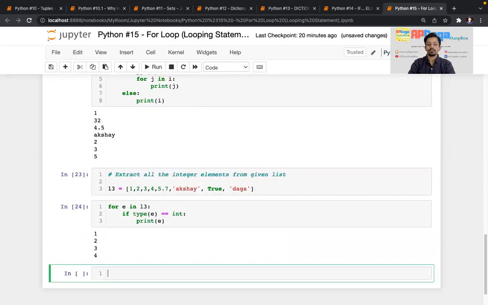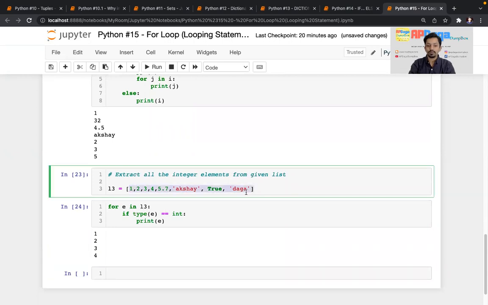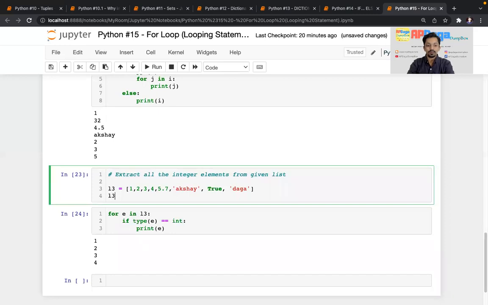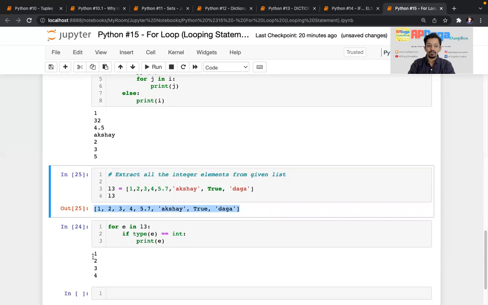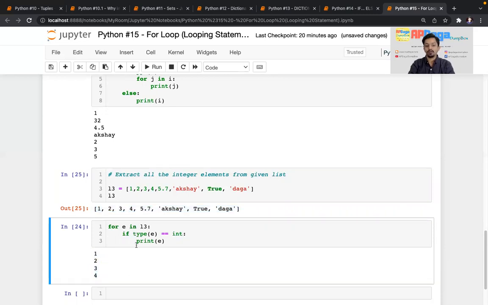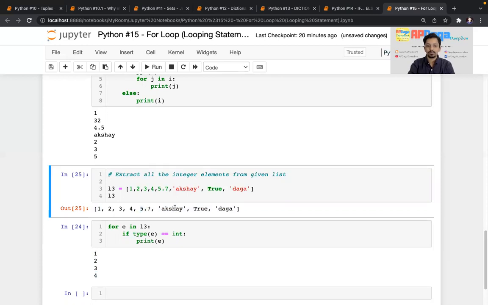So if I do this, you can see out of all these elements, I'll just print it here, L3, right? Out of all these elements, we extracted all the integer values. 5.7 is a float, this is a string, this is a boolean, this is a string. So all those are removed. Only the integer elements are extracted.